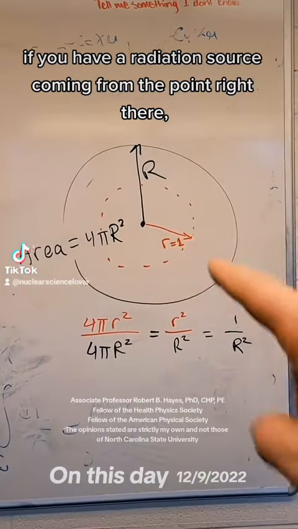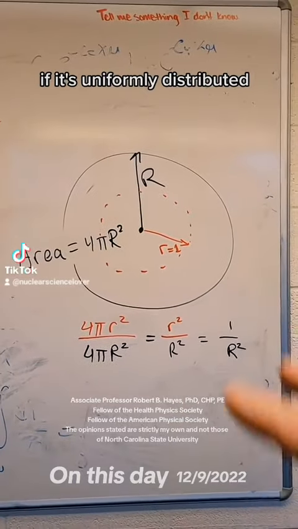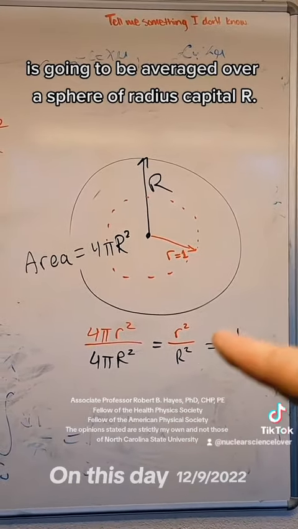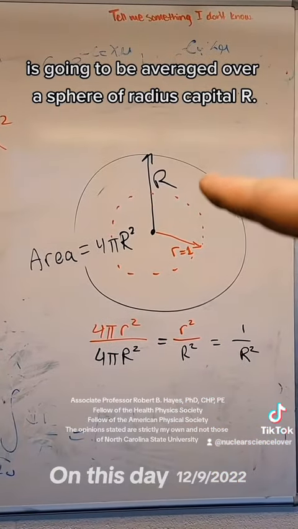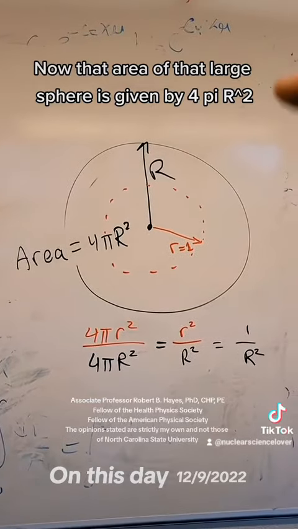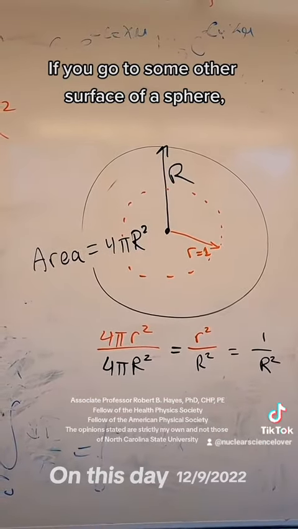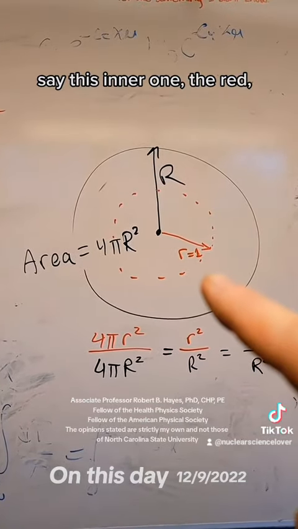If you have a radiation source coming from the point right there, then that radiation, if it's uniformly distributed, is going to be averaged over a sphere of radius capital R. Now, the area of that large sphere is given by 4 pi R squared. If you go to some other surface of a sphere, say this inner one, the red,